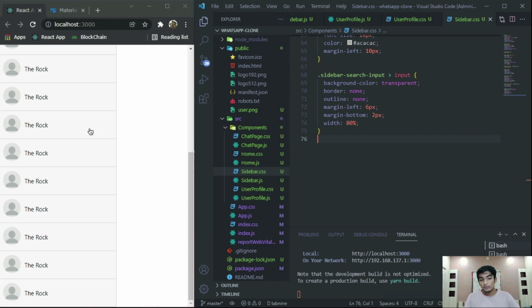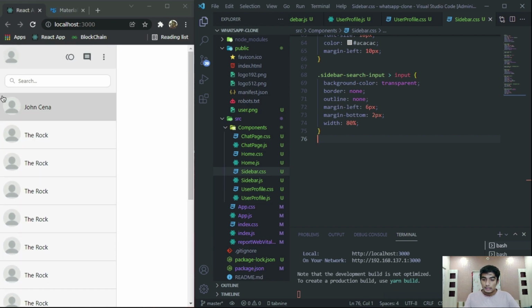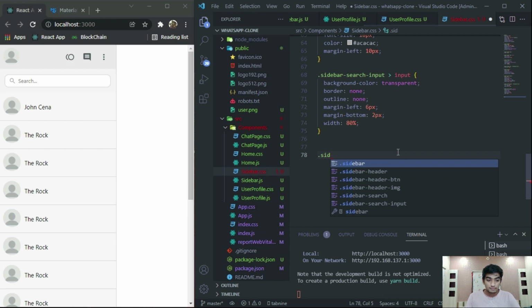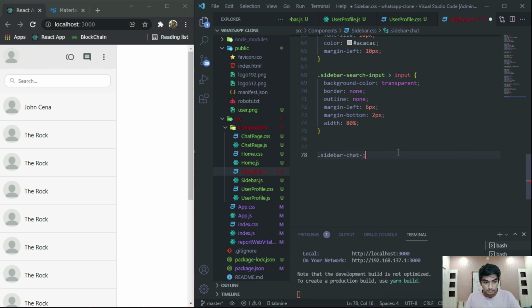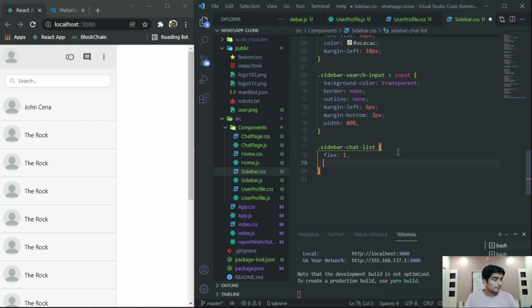We want to scroll only this container. So for that, go to sidebar.css, and inside the chat list, set flex 1 to cover the remaining height, and